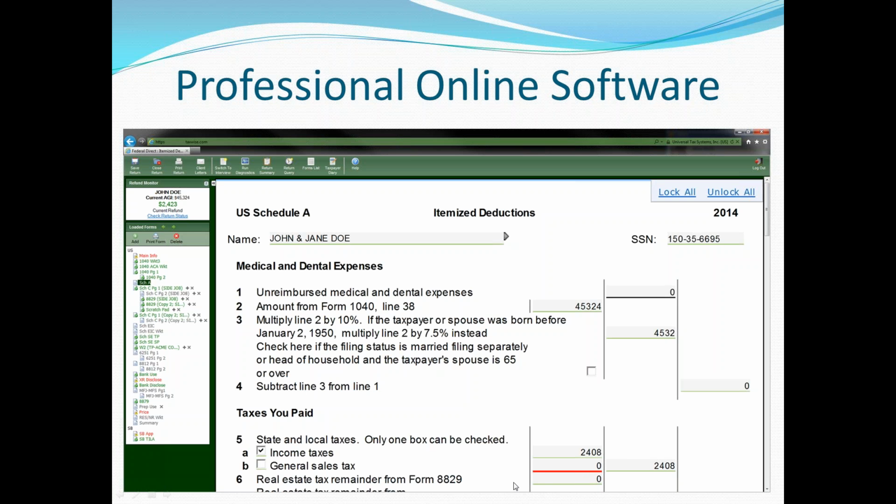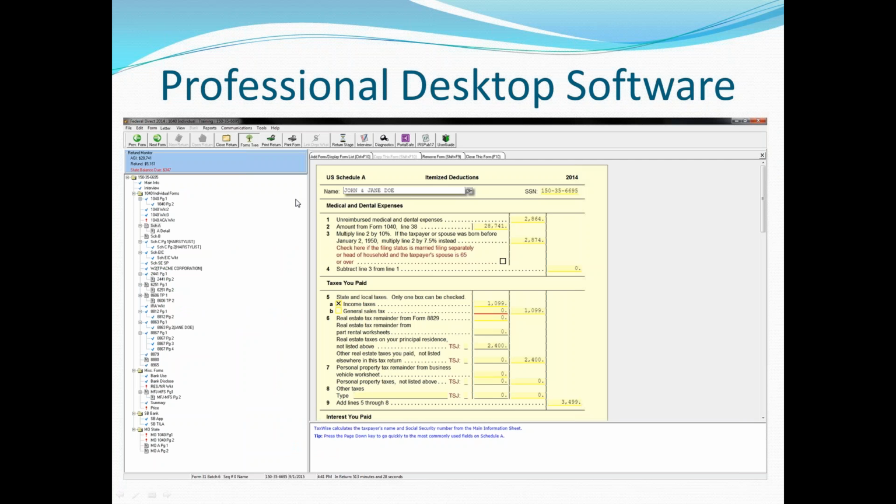If we do have time towards the end of the presentation, I will hop into an example return just to actually show you what it looks like and how to operate inside of it. Just to give you a broad, glossy overview of what you'd be dealing with. This right here is the online interface, and the desktop interface is identical, just different colors and button arrangements, but